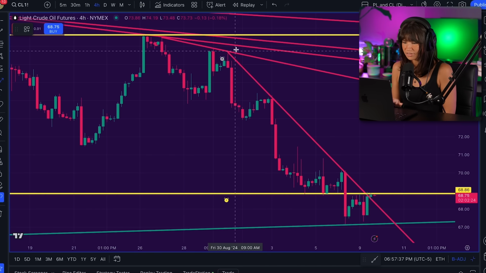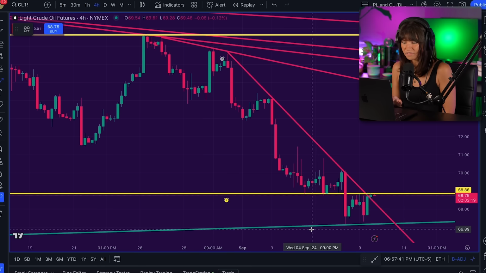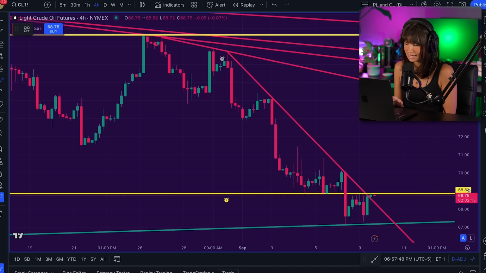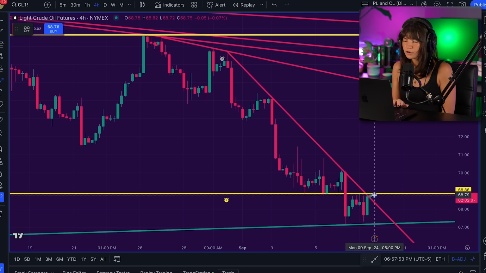All of my lines are set in the correct place. We've got 3 touch points of our downward trend line. The alert is on. We've got an upward trend line, a horizontal level here that's acting as resistance right now at the 68.86. And now I'm simply going to use this path tool and just go over, we'll start with